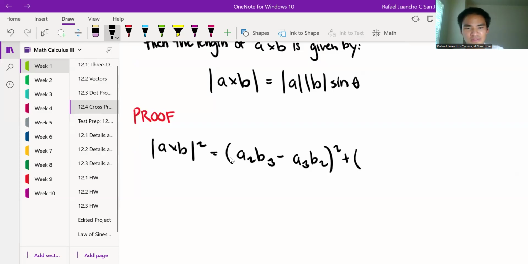So here we're doing the cross product, right? Plus (A3B1 minus A1B3), and we're squaring that as well. Plus